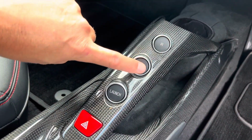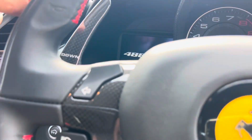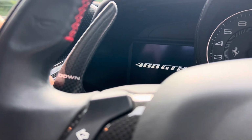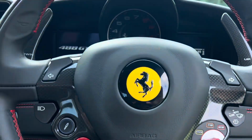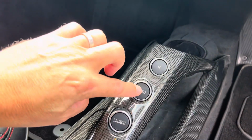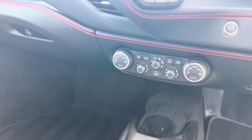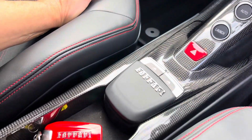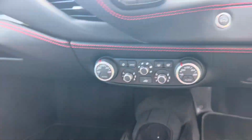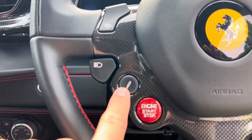So you've got reverse, you can flick from auto to manual, because of course it's a paddle change, and you've got these carbon fibre panels. You can see down and up, which tells you can change down on this pedal, up on this pedal, and you can flick from manual to auto if you want to. It has launch control, and unlike the 430s that had the dry clutch, this is a wet clutch system, so it is a launch control that you can use without burning the clutch out. You've also got your suspension settings here,